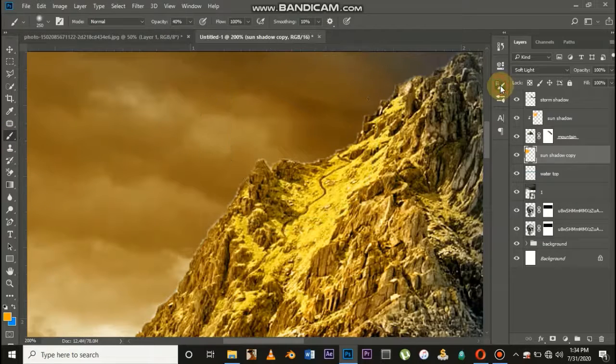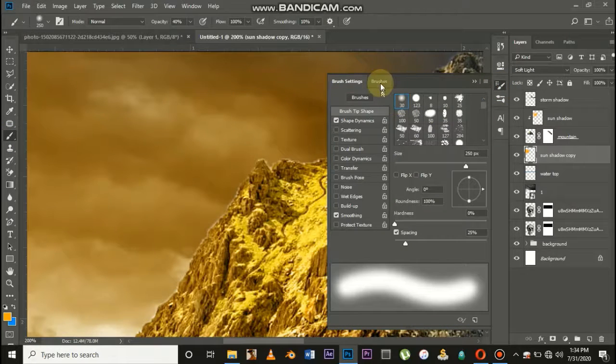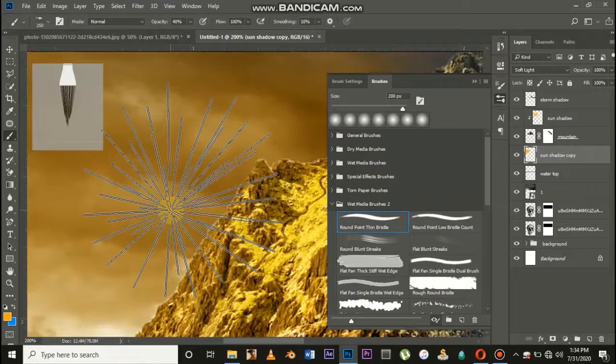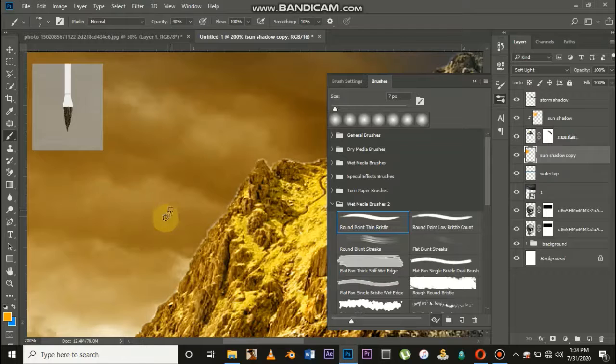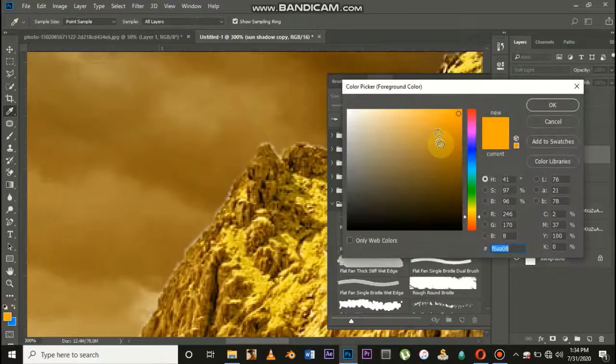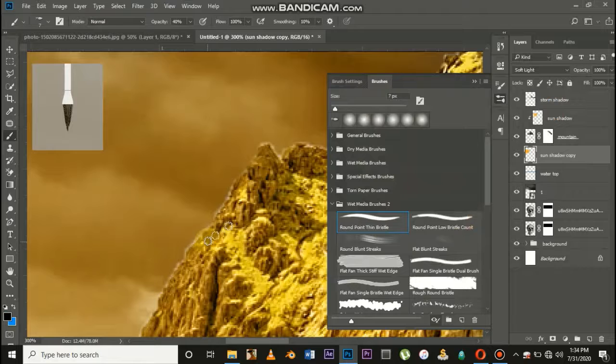So I just go to my brush tool, and then I go to my brush option. Let's see, brushes. So I'm going to use the red point sim brush tool. In case you don't have it, you can download it online. Reduce it to very low, very small. Then I just draw. Oh sorry, let me change this to black because it's going to look like seeing